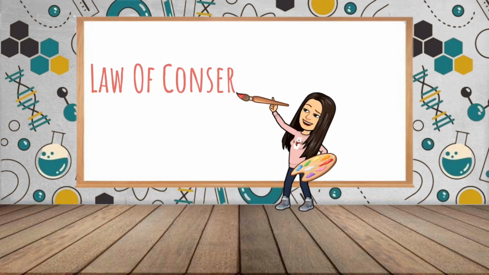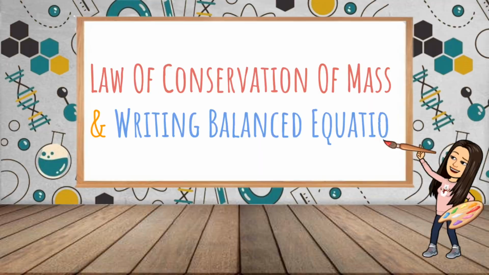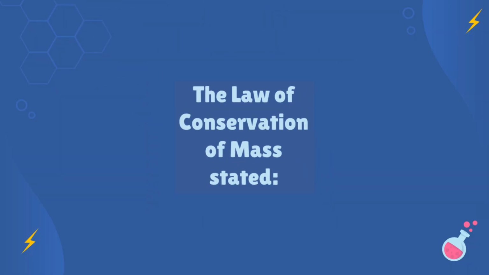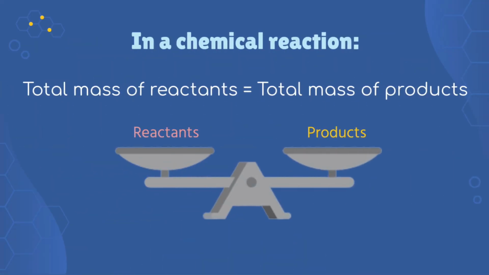Law of conservation of mass, and writing balanced equations. The law of conservation of mass states that mass cannot be created or destroyed. This means that in a chemical reaction, the total mass of the reactants is always equal to the total mass